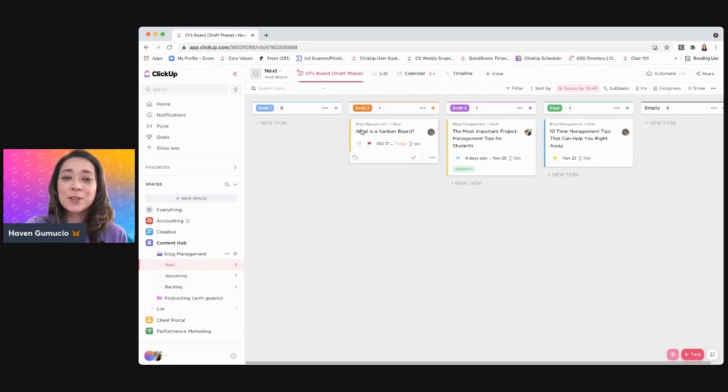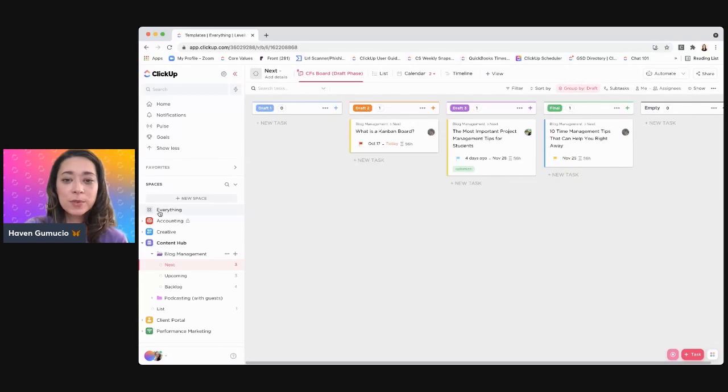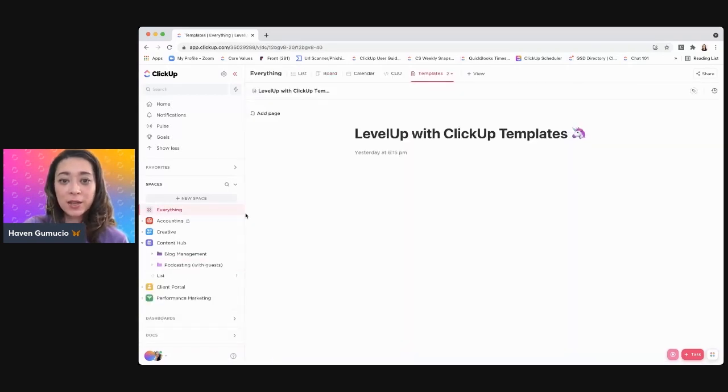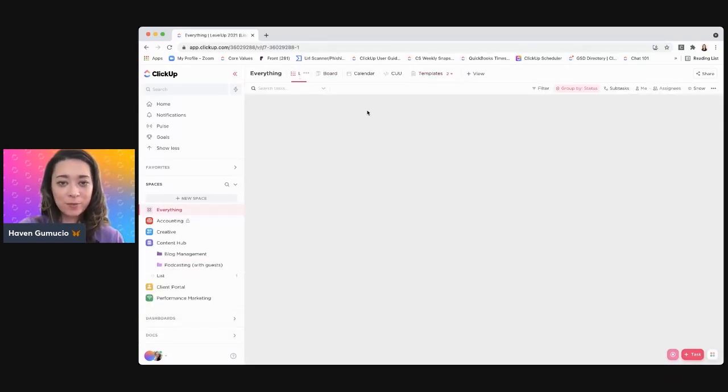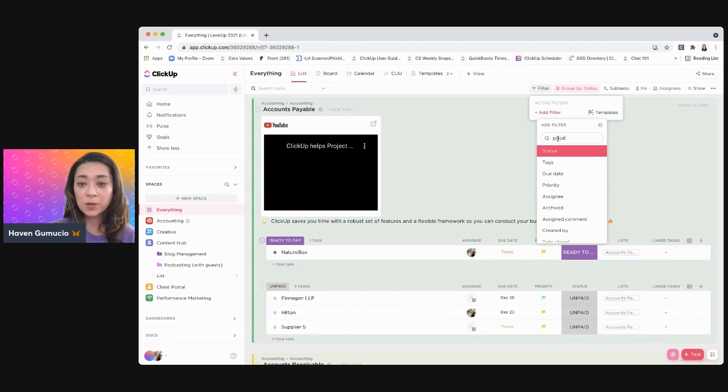All right, so from single tasks to folders to lists to spaces, now views, you understand there's a lot of ways that you can template. I'll show you two more things before we sign out. Quickly, if I don't want to just save the board itself, I can save layers of filters. So if I come to the everything level and it shows me all of the content inside of my entire workspace, I can turn on a filter that says I want to see something that has just a priority level